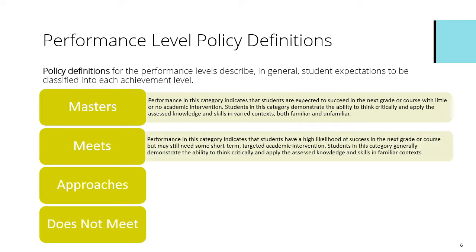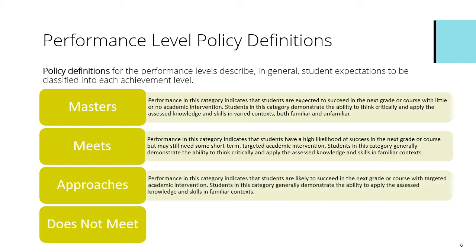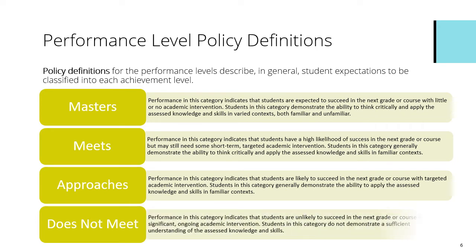For meets, it includes that students have a high likelihood of success but may need some short-term academic interventions. They can apply their knowledge and skills in only familiar circumstances. For approaches, they are only likely to succeed with targeted academic intervention. And for does not meet, they are unlikely to succeed without significant ongoing